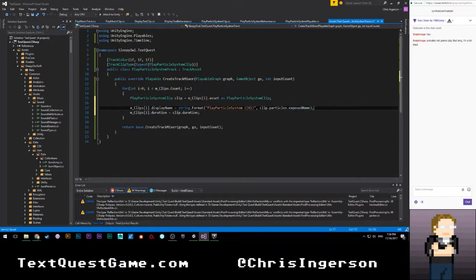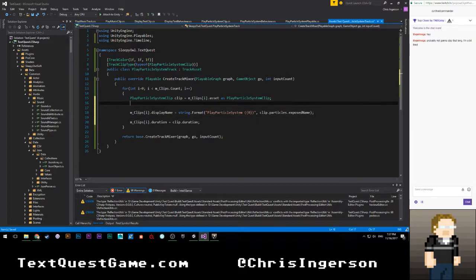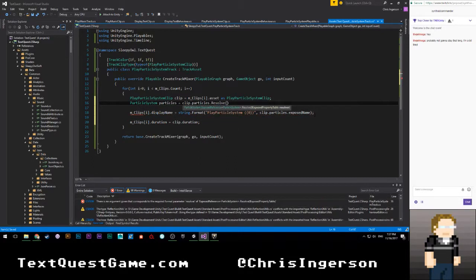The idea here is that it should rename the clip that we see in the timeline to reflect the particle system name. And then, of course, we're going to say if clip.particles. You know what? I probably have to resolve it anyway. Gross! Okay. Yep, that's fair. So we're going to go ahead and do particle system. We'll just call it system particles. Particles is equal to clip.particles.resolve, and then